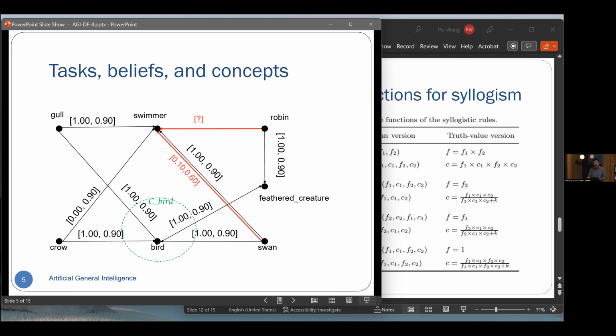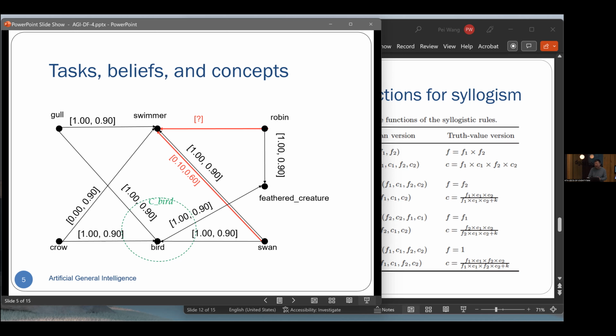In one direction is inheritance of extension, in the other direction is inheritance of intension. But they traditionally point from subject to predicate,